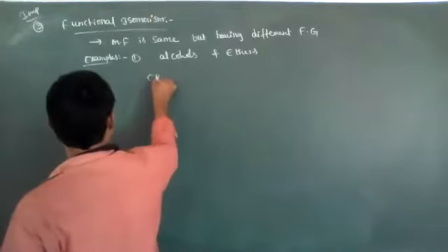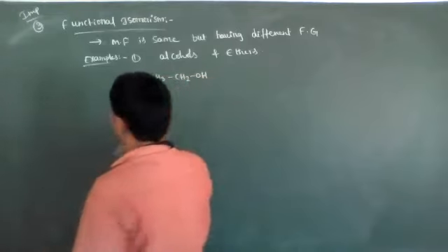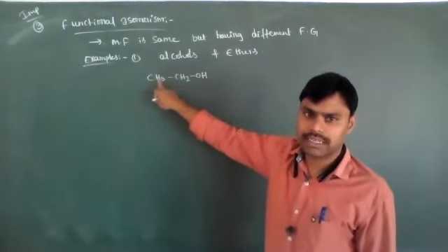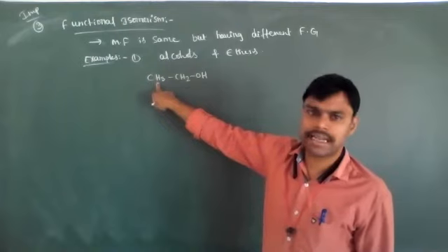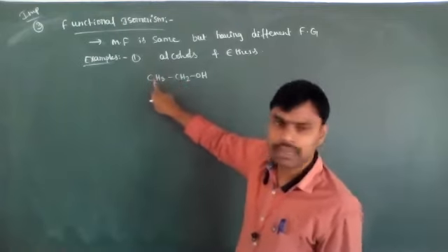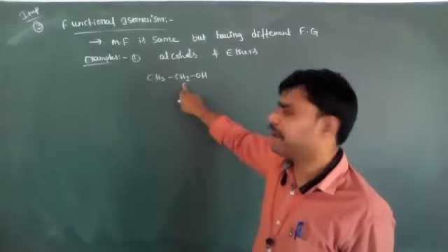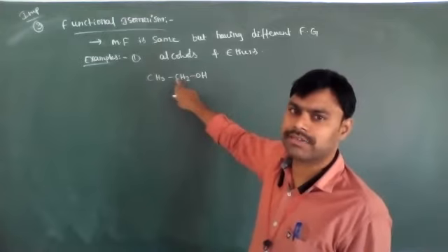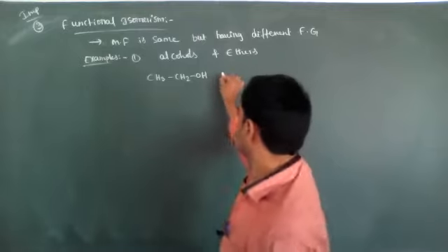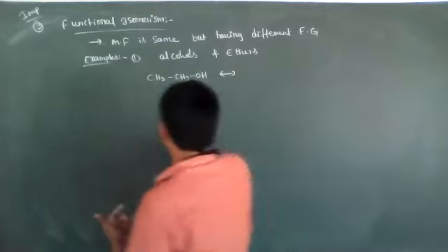Ethyl alcohol, we know very well, is CH3-CH2-OH. This is the bonding connectivity. The carbon is bonded with another carbon. Here 3 hydrogen atoms are present. The middle carbon has a single bond with carbon, a single bond with oxygen atom, and the remaining 2 hydrogen atoms. This oxygen is connected with carbon and hydrogen. So it is called ethyl alcohol. This ethyl alcohol has a related functional group isomer.